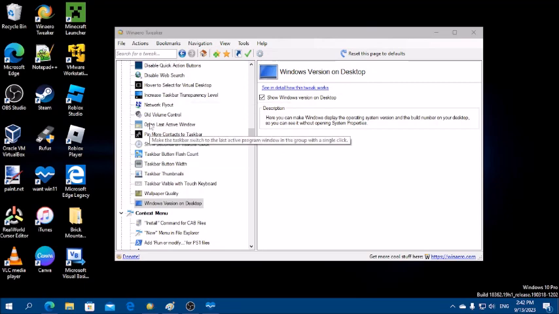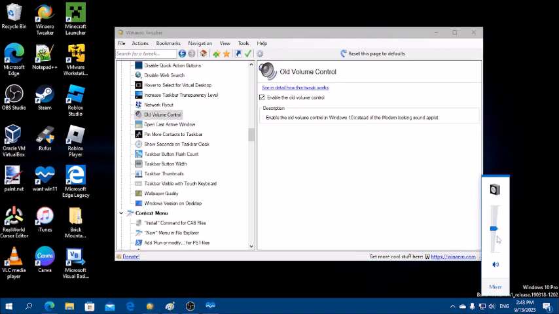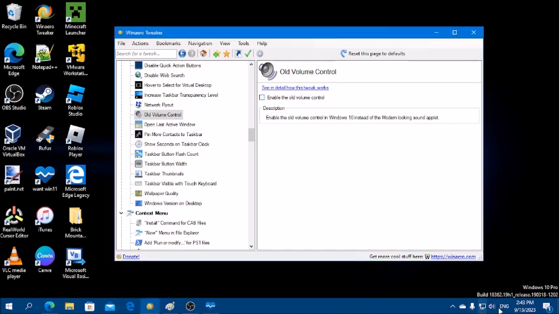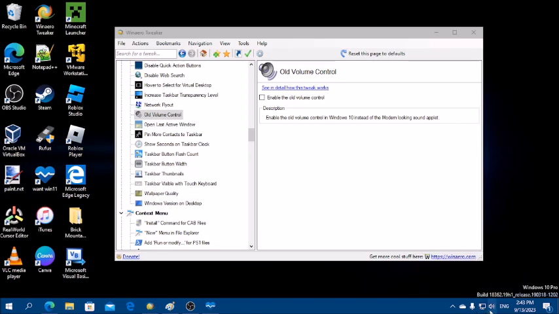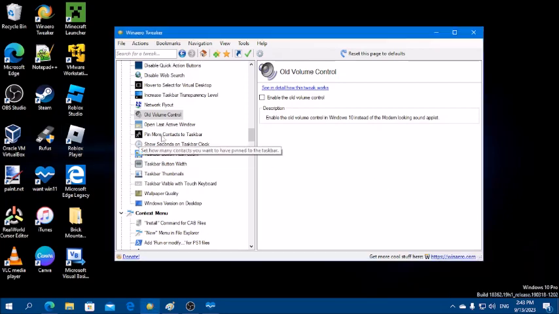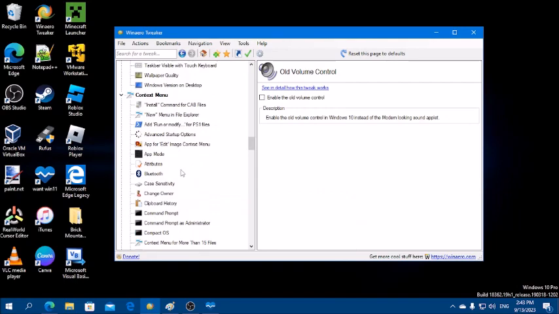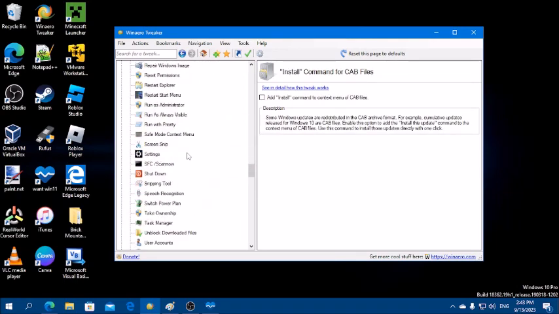Then the old volume controller, see that you have this volume controller instead of the newer Windows one. Yo, you wanna watch Jelly Bean? I'd recommend setting your volume to 1. Install command. These are all the stuff that I'm going to skip since